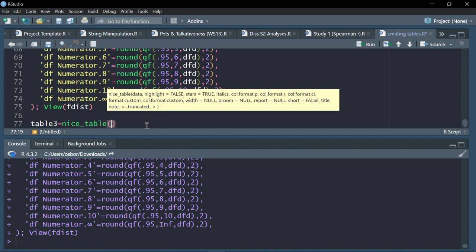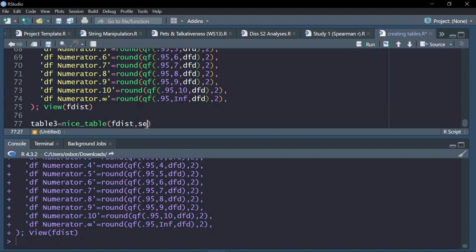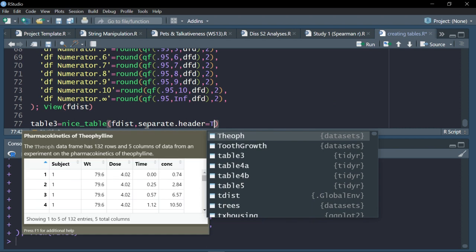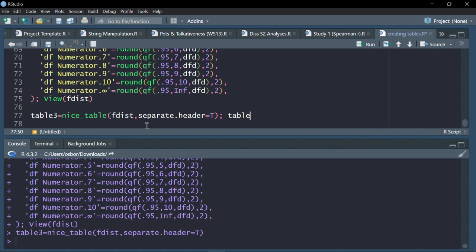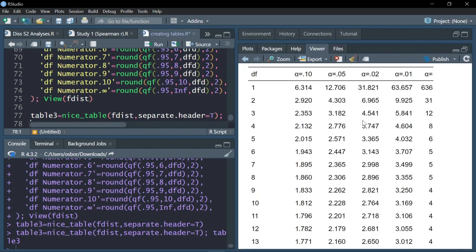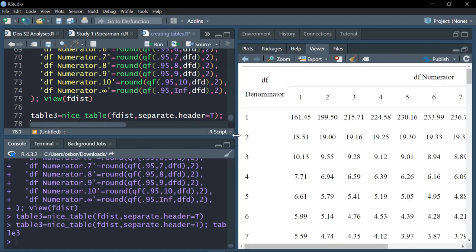Which he basically has worked with Flex Table and set a bunch of options so that they'll show up in APA style, which I really like. So I use a variation of this whenever I'm publishing. So a nice table of the F distribution, and I'm going to say separate dot header is true. And what that's going to do is, if I do it correctly, what that's going to do is, yeah. So it has